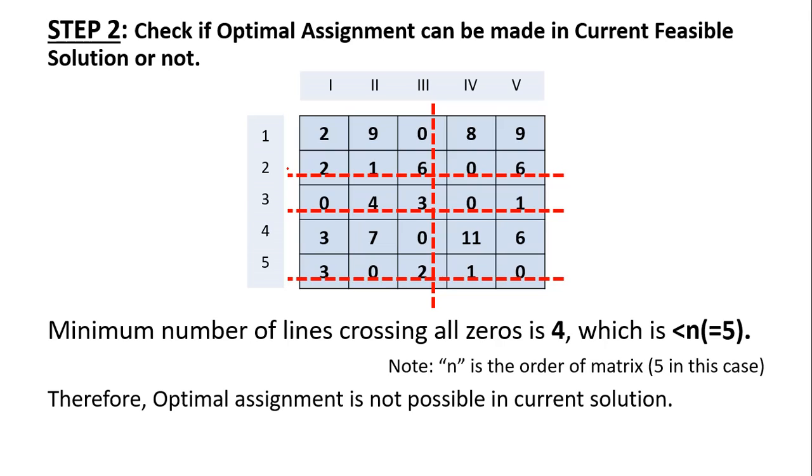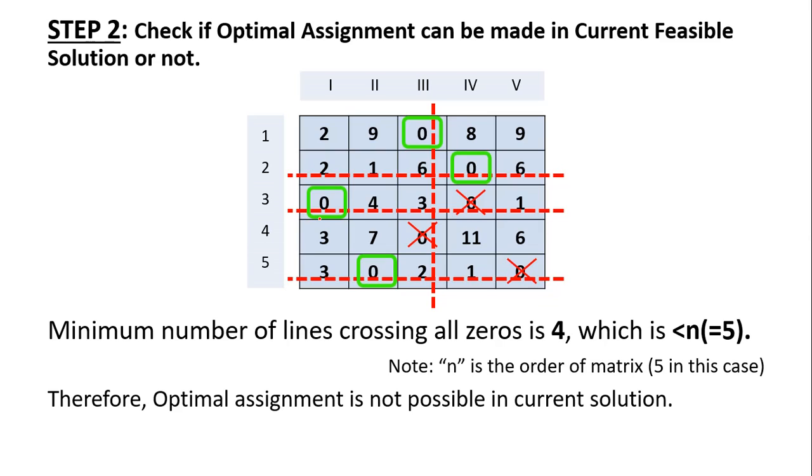We have to identify a few zeros which are nothing but the assignments which can lead us to the optimality. How? Now here you can see the zeros which I have marked in green color are the assignments, and the zeros which are crossed with the red are, you can say, don't care zeros, or they are not the assigned zeros.